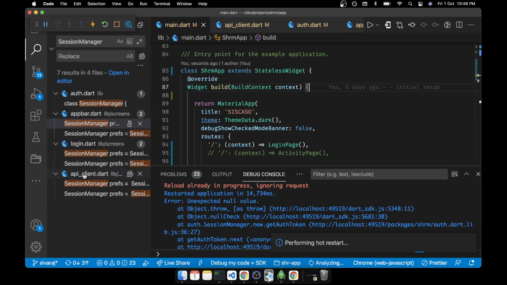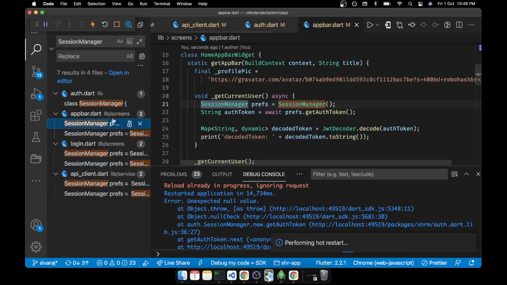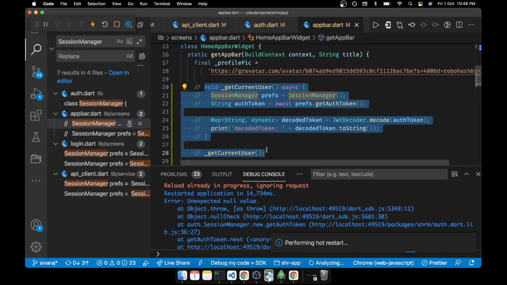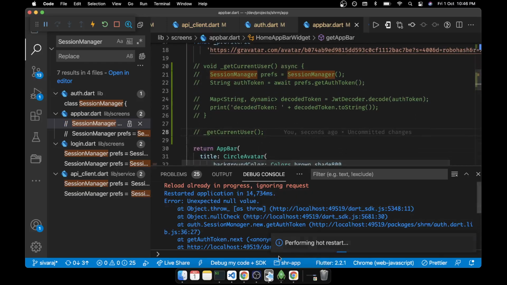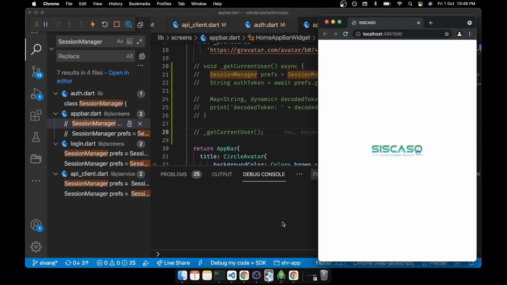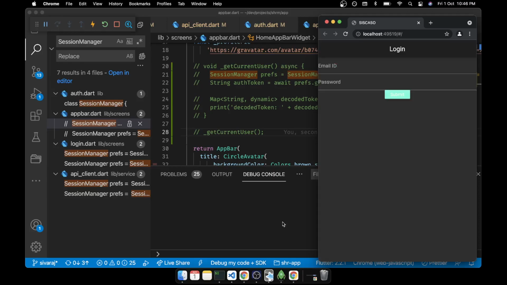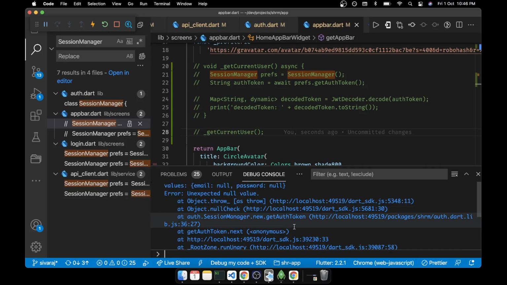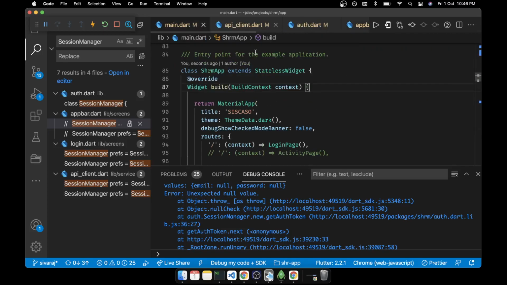Now the second place will be client is needed. In the app bar we'll try to comment this. Now we'll see where this problem is occurring. If there is any problem, okay, now in the set part also there is an issue. So at the time of login,